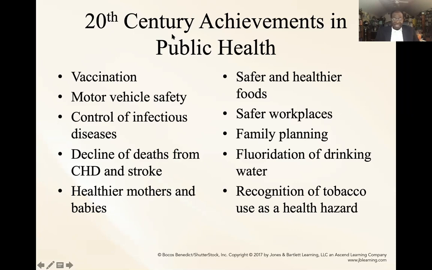These are all things that within the 21st century are now in place. And some of these keep adding. Recognition of tobacco as a health hazard. Again, tobacco has been known to cause cancers. Tobacco has been known to contribute